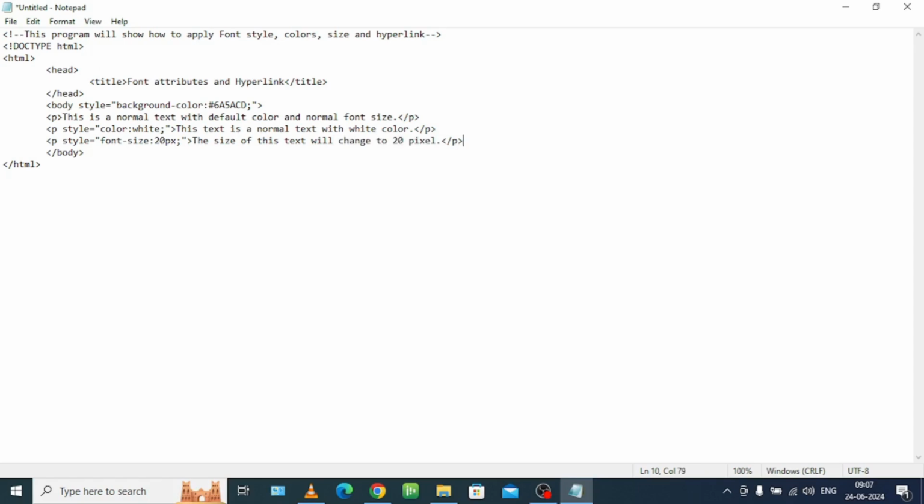Now as I have already given effect to font size, so color will remain default, which is black, but its size will increase to 20 pixel. Moving on to the next attribute, font attribute,